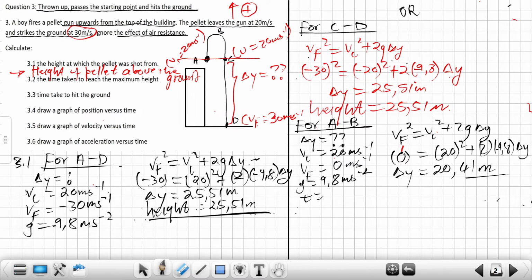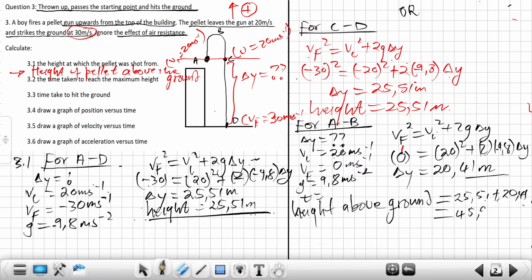So for me to get the total height above the ground, it should be 25.51 plus now 20.41. So this will give us something like 45.92 meters. So this will assist us when we get to the graphs,